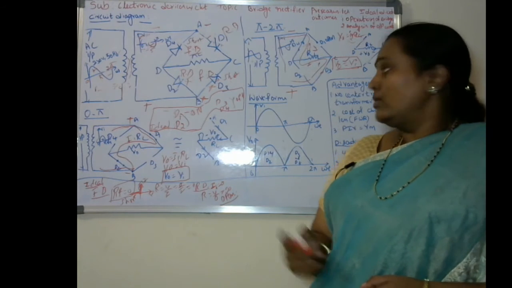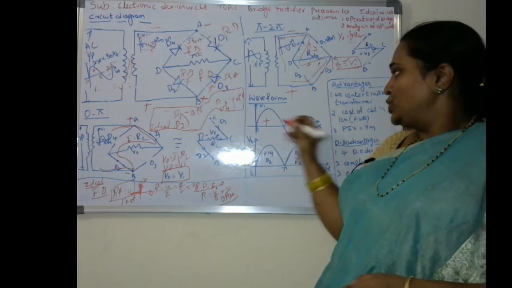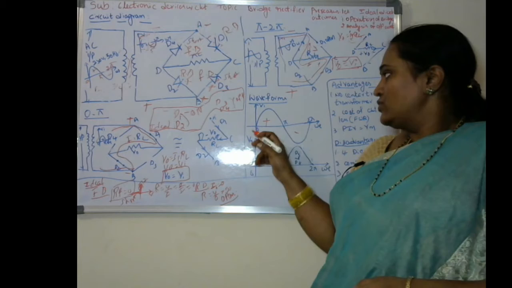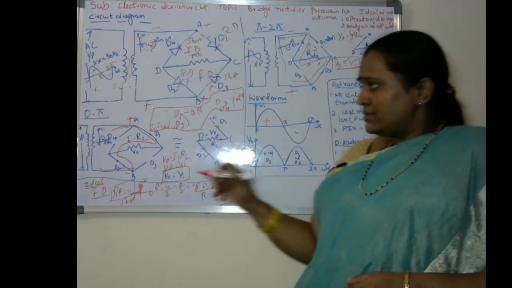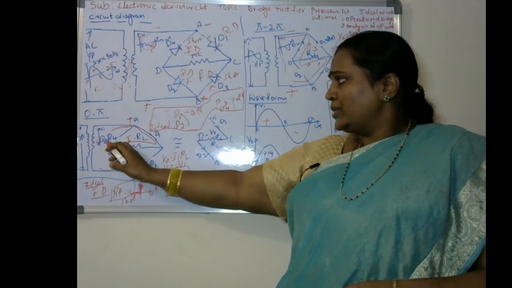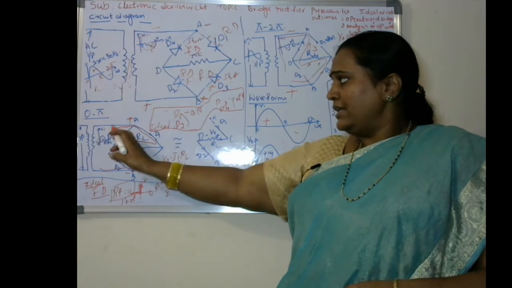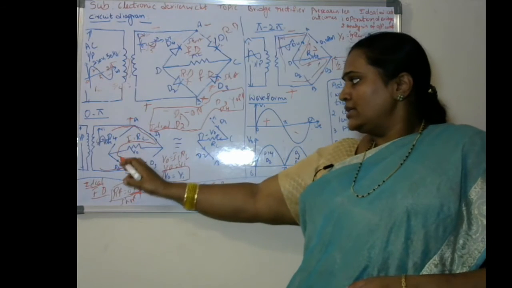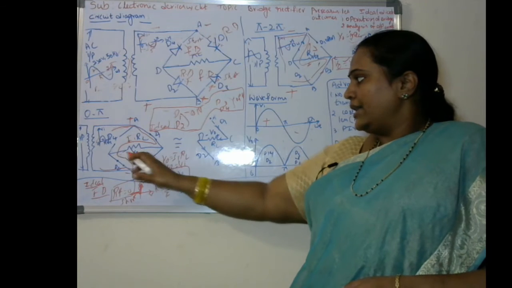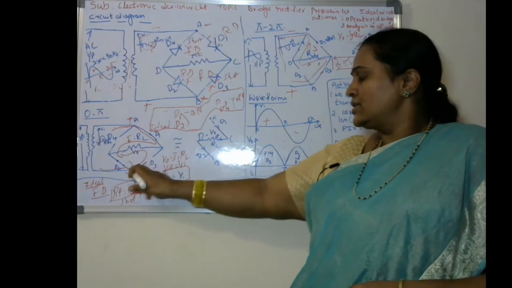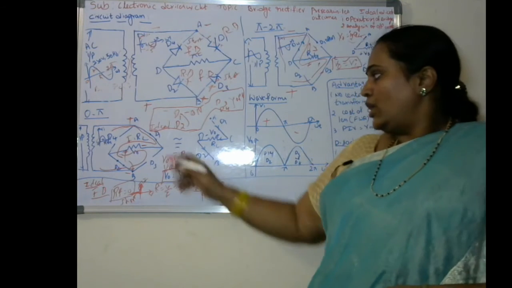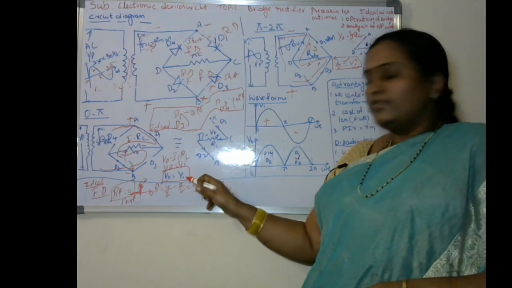If you observe the waveforms, we are applying positive and negative cycles. For the 0 to pi cycle, we are applying the positive potential. So the positive terminal has been given, and the current direction we assume like this. In this current direction, the drop is positive here and negative here. So the output voltage V0 will be equal to Vi.